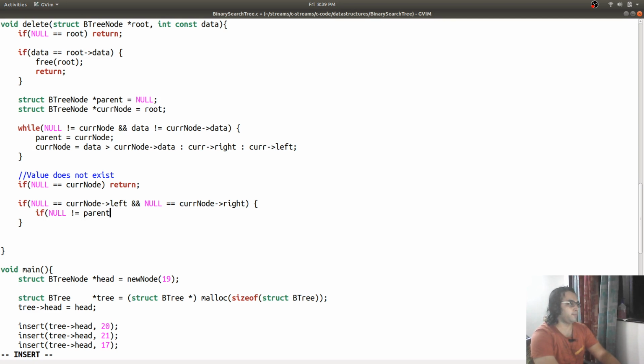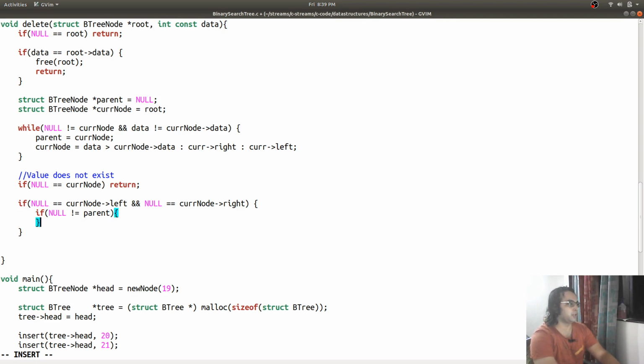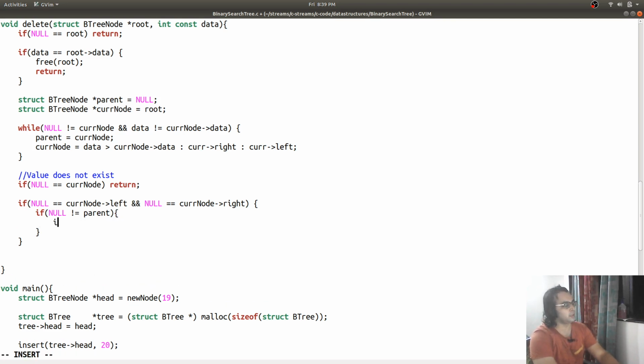And if parent is not equal to null, if current node is not equal to null, because if you are deleting a leaf, then we need to set the left or right pointer to a null value, otherwise it will be pointing to a memory location which has been freed.